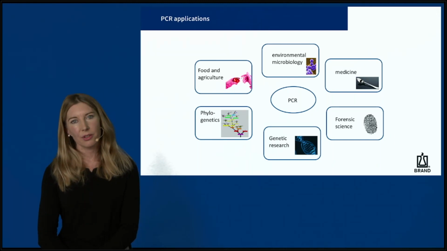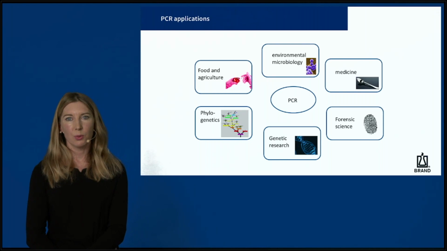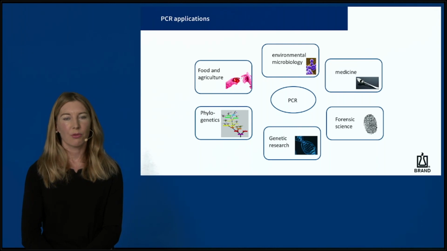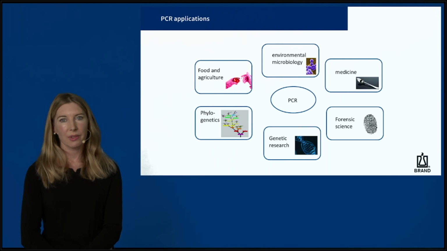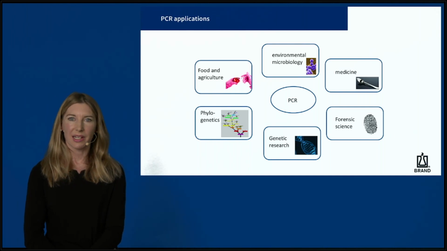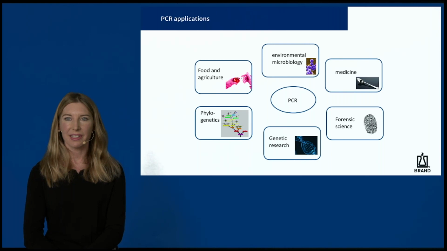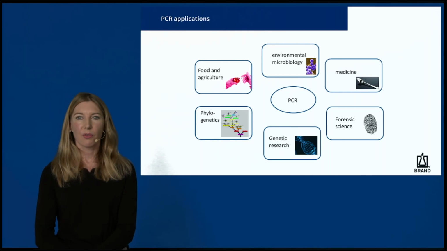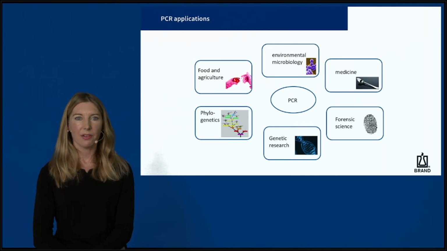In genetic research, PCR is also used as an essential tool as well as in phylogenetic studies, where ancient DNA from sources as hair, bones, and other tissues can be amplified. In the field of food and agriculture, genetic manipulation can be targeted, and genetic technologies include a range of techniques that enable the modification of existing organisms for the purpose of improving foods and food production.